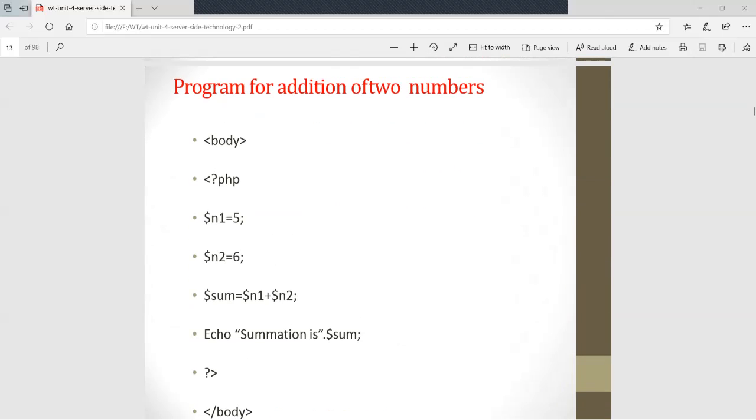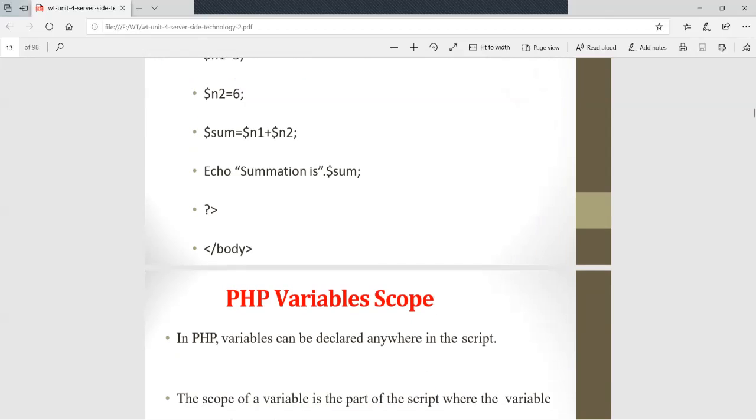Program for addition of two numbers. Depending on that, anybody can now solve this problem. So first we initialize number 1 and initialize number 2. Instead of this, you can take the values from the user as well, user driven. So sum equals number 1 plus number 2. What value comes into the sum? Number 1 is 5 and number 2 is 6, and 6 plus 5 comes into the sum variable as 11, and we print that sum value. So the output will be 11.